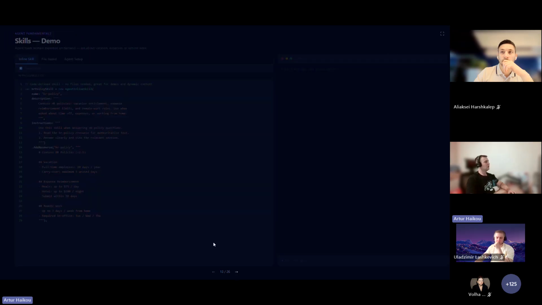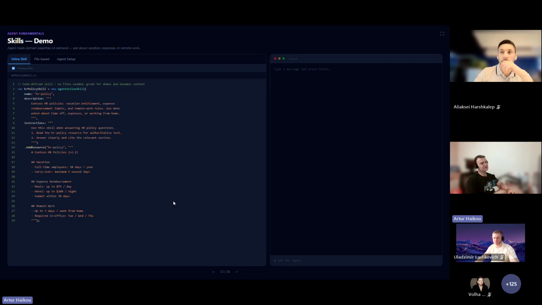Okay. How can you define a skill in your code? The first approach is just an agent inline skill. You have a class where you are able to specify the name, description, and instruction on how to behave in this particular case, and also you're able to add resources on the fly, like an additional file that contains some policy related to your application.